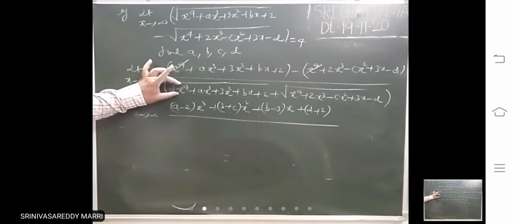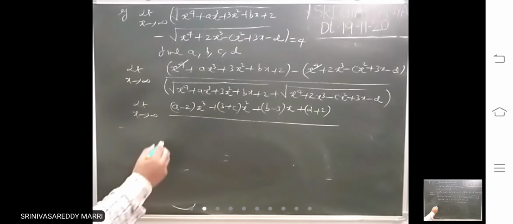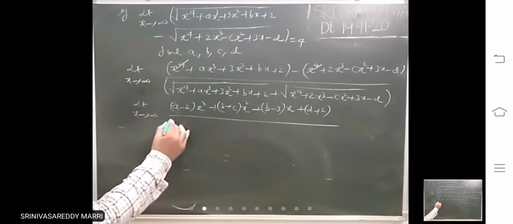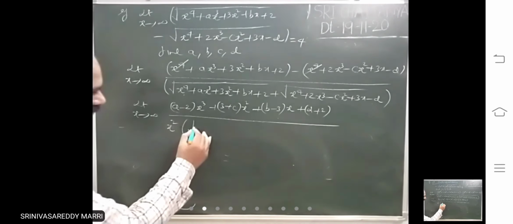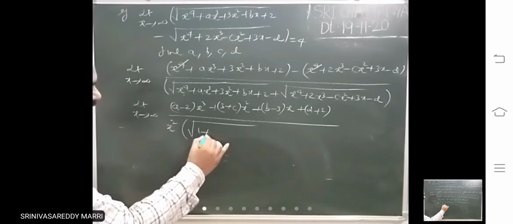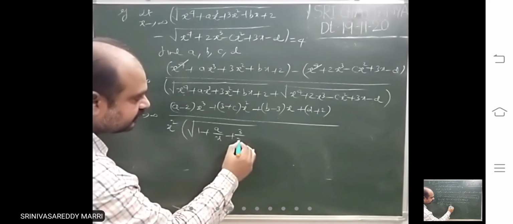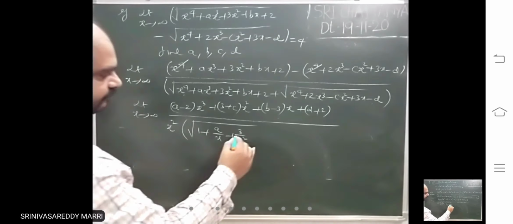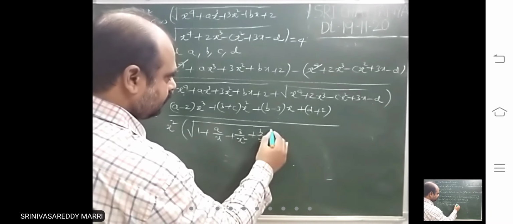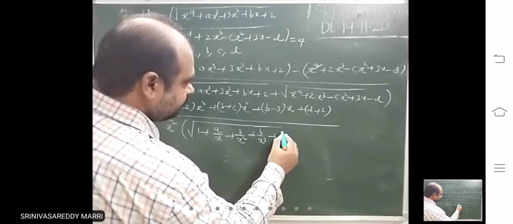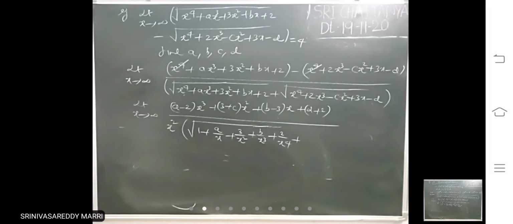Here x power 4 I am taking common in the root, then x square you will get common in both, the constant. I have taken common. So root of, here what you will get, 1 plus a by x plus 3 by x square, b by x cube plus 2 by x power 4. This you will get,